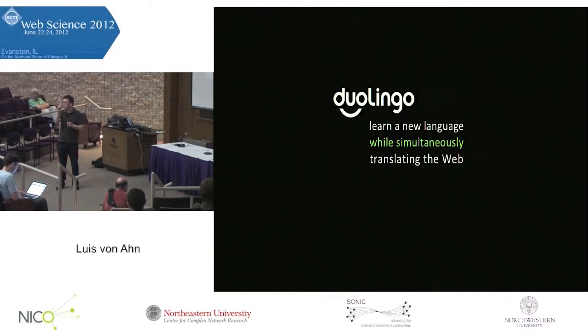And when you get there, the way you learn, if you're just a very beginner, what happens is we give you very, very simple sentences from the web to translate. We just give you a sentence and we say, please translate this. And if you don't know any of the words, you can click on them and we tell you what that word means. And then you get to translate because they're very, very simple sentences. And then once you translate a sentence, you get to see how other people translated it. And then that way you start learning. And then the more sentences you do, the more complex sentences we give you. And then that's basically how it works.